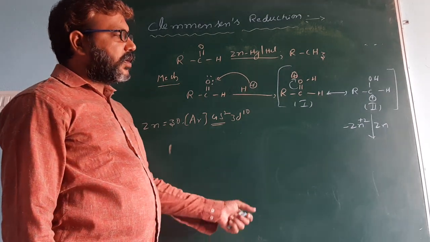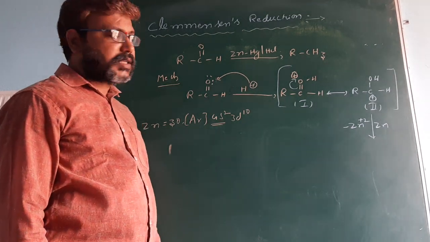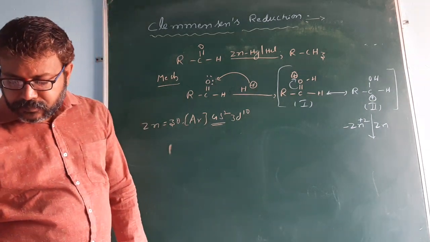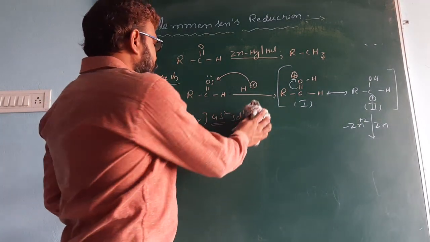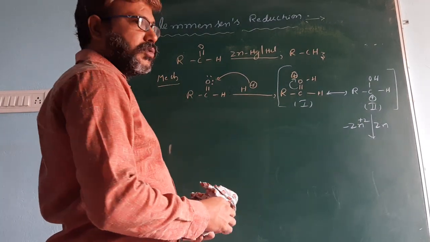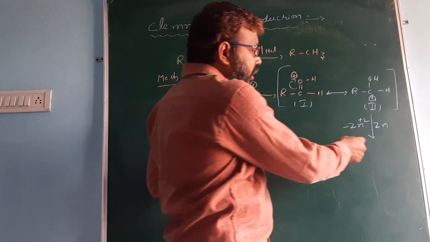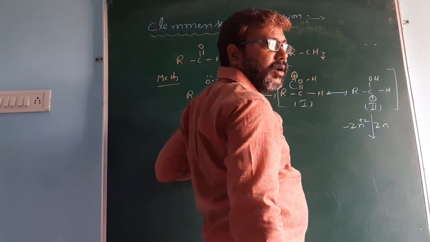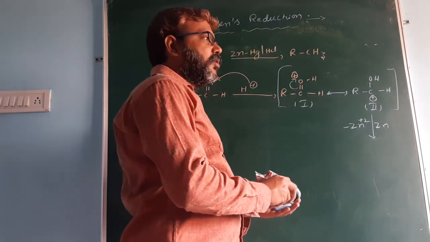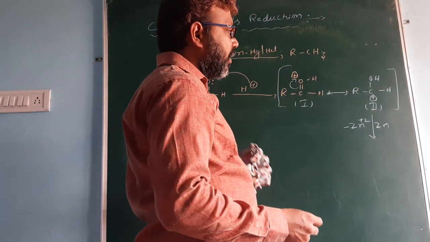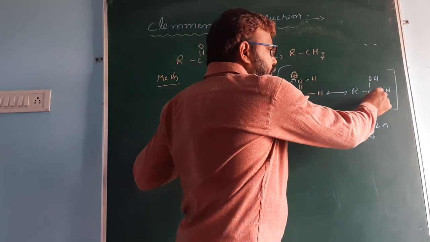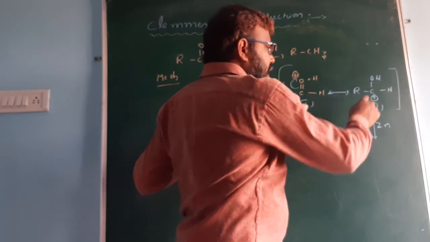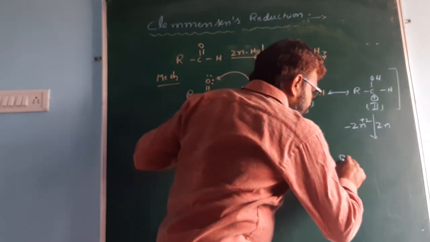So inert gas configuration is more stable compared to pseudo inert gas configuration. Okay, so Zn plus 2 is more stable because it has pseudo inert gas configuration. So that's why it can donate the 2 electrons easily. When zinc donates 1 electron, the positive charge becomes neutral. The carbon is converted into neutral when it accepts 1 electron. When zinc donates another electron, the carbon has a negative charge.